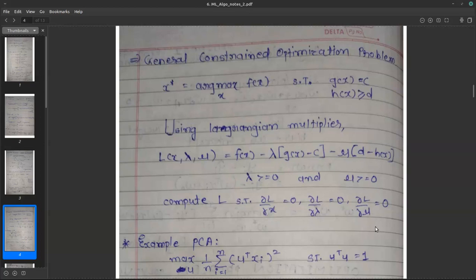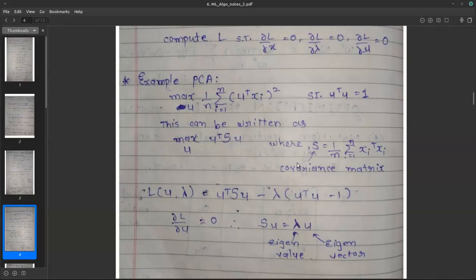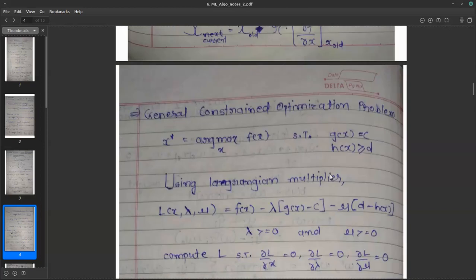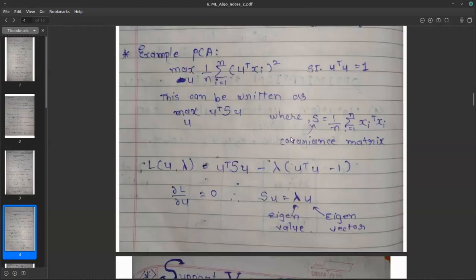So this was just introduced. I guess we are not using it anywhere other than the dual form of SVM. We are using that also, but the derivation is, I guess, out of our context or out of syllabus basically. Out of the interest, I must say. And using this Lagrangian multiplier, you can solve the PCA problem also. And this is also not very intuitive because it is a very deep, very big derivation.